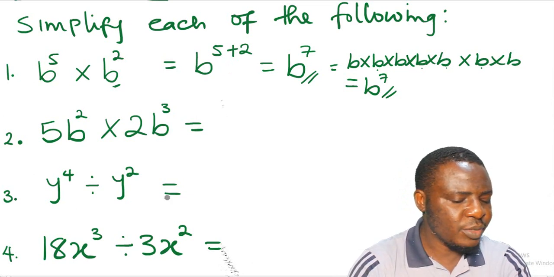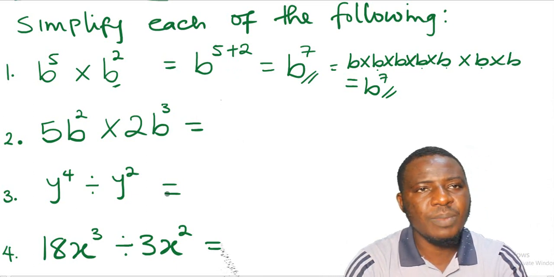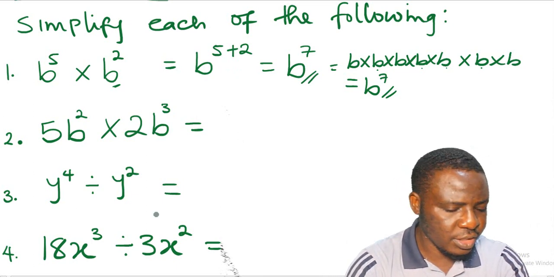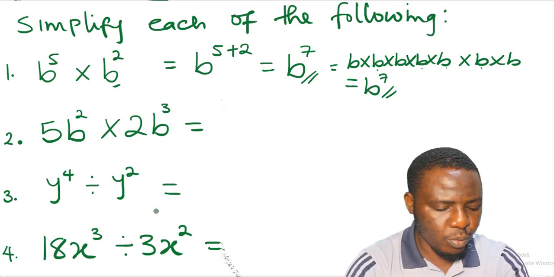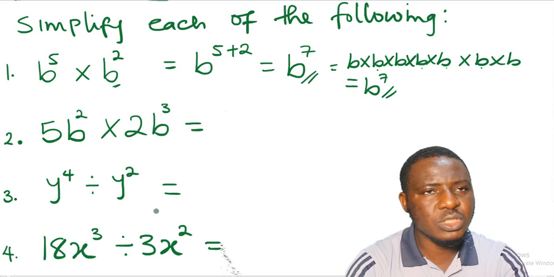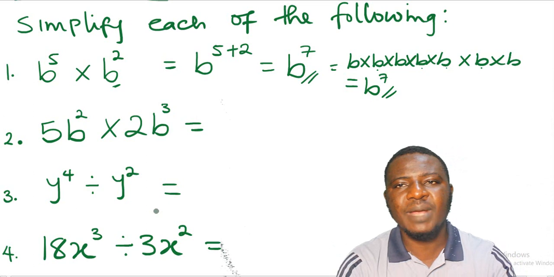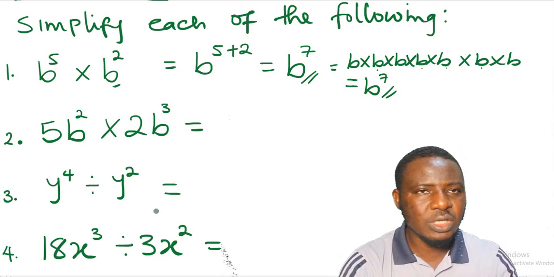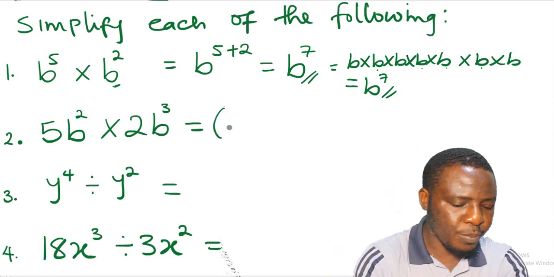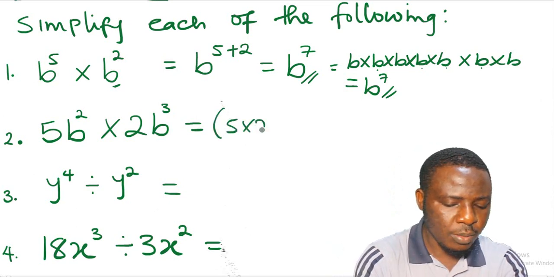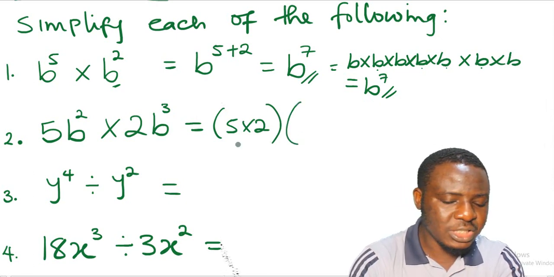That says 5b squared to be multiplied by 2b cubed. How are we going to apply the laws of indices in solving this? Now, when you are faced with such a problem, where you are asked to multiply terms with constants, all you need to do is to first of all multiply the constants using the ordinary laws of mathematics. That is to say, I'm going to pick out the constants, which are 5 and 2. So I'm going to multiply 5 by 2,